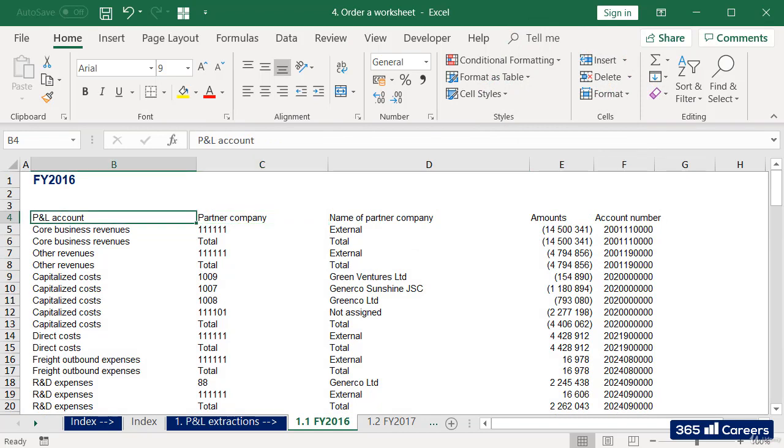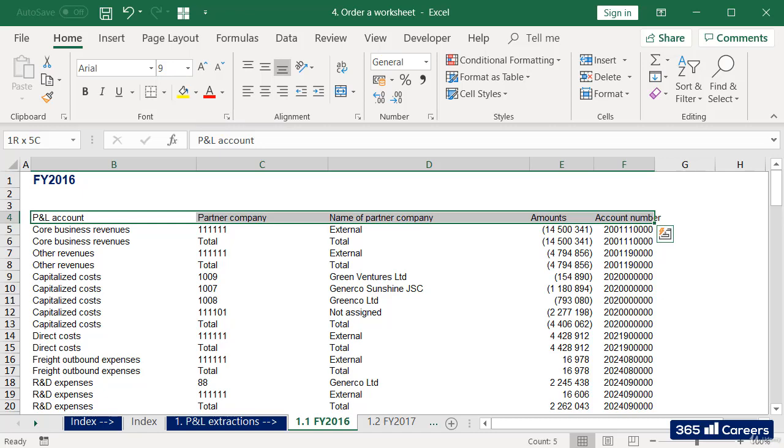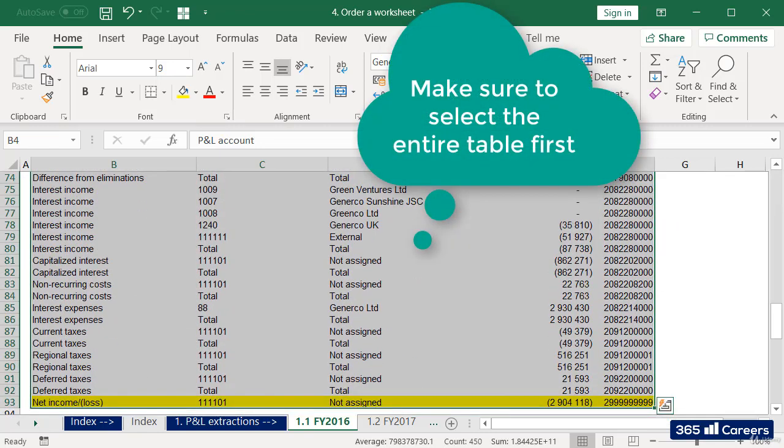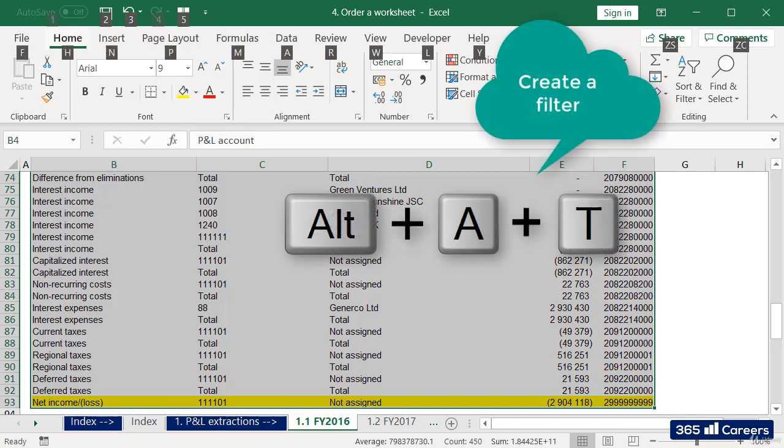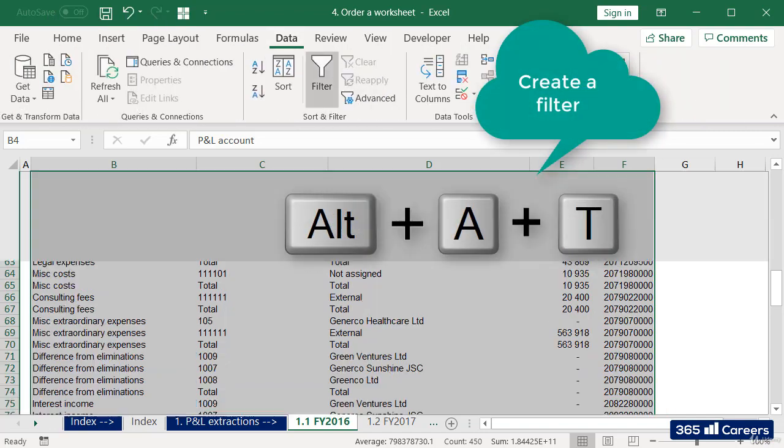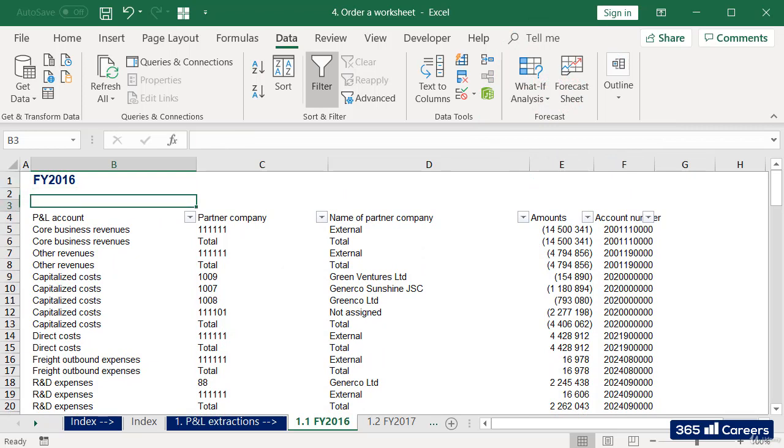Generally speaking, it is good practice to have ready filters on the top of a page with data in Excel. They allow us to manipulate the data more efficiently and are easy to use. In order to use the shortcut for filters, you need to press Alt, A, and T, and your filter is